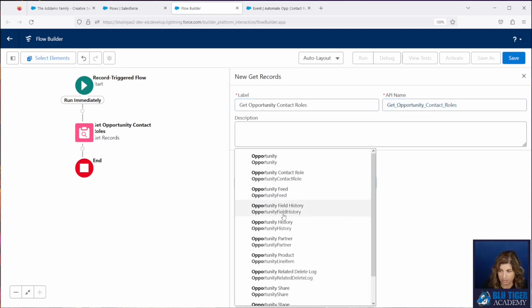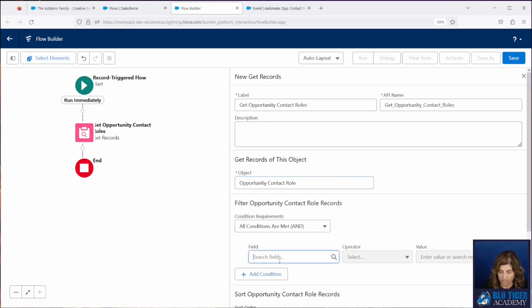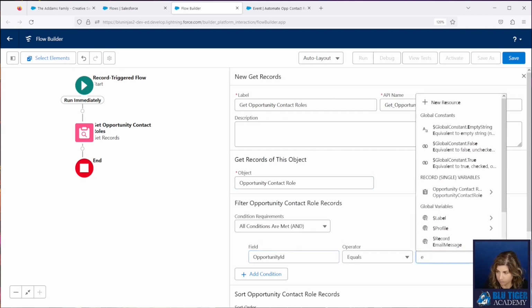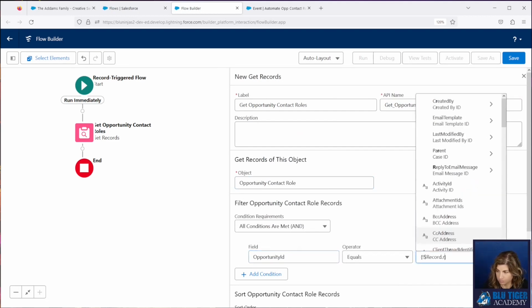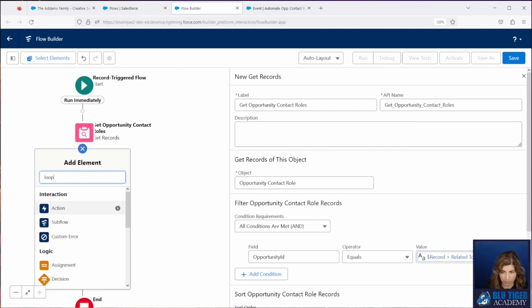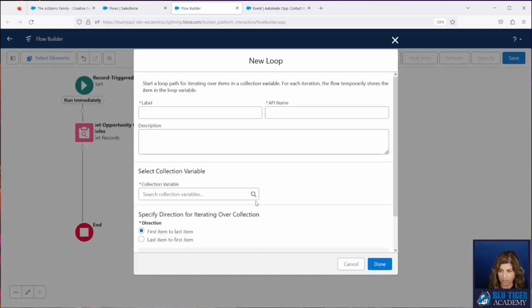This is exactly the same as what we did in our task and event flows. And our opportunity ID is equal to our related to ID on our email message. Then we're going to loop our contact roles.